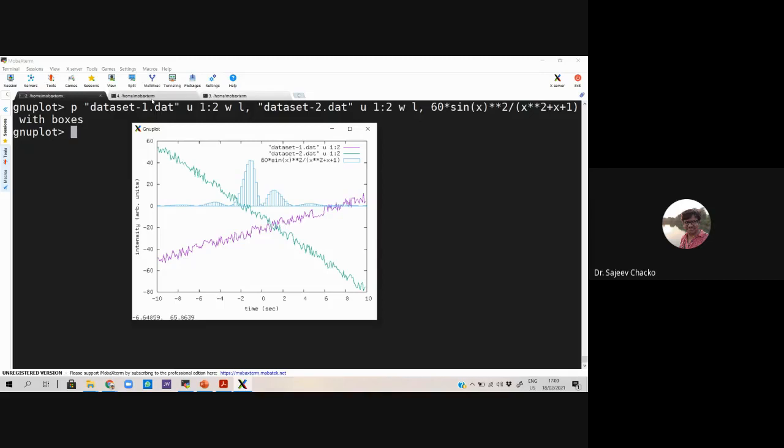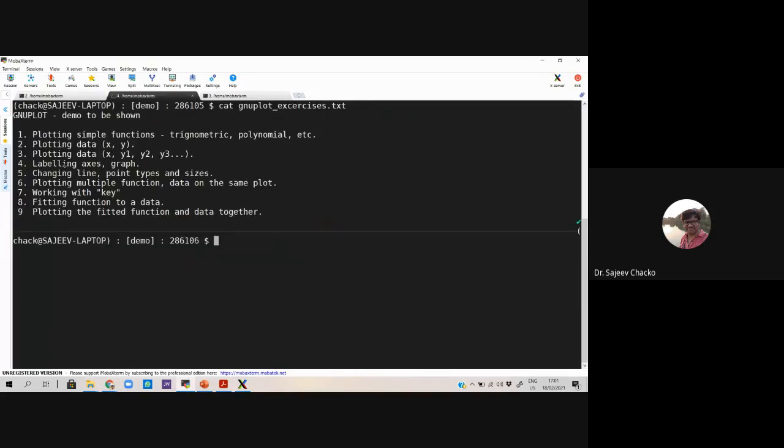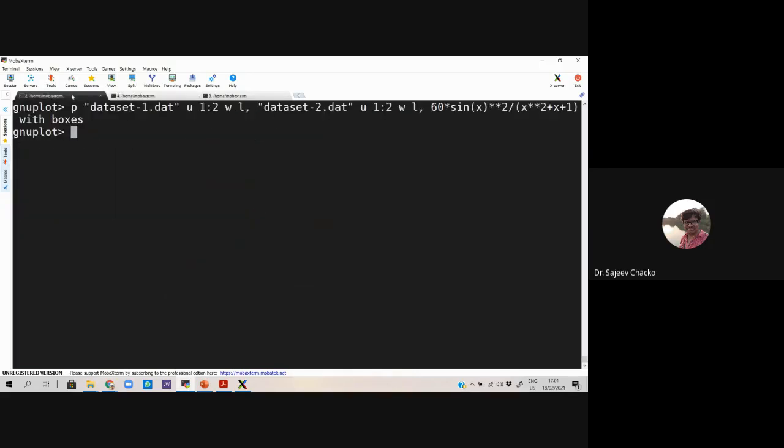It gives you the list of commands available, subtopics available, and then when you go to the topic, it gives you the list of subtopics and several examples also. At the same time, you can also search online, Google for more help on a particular topic. So that was about getting help on GNU plot. But let's see a few more examples.